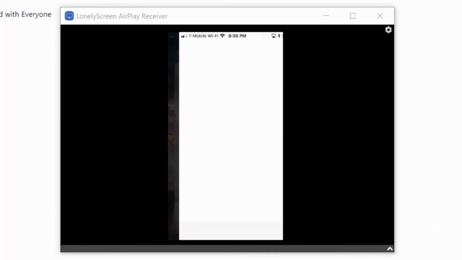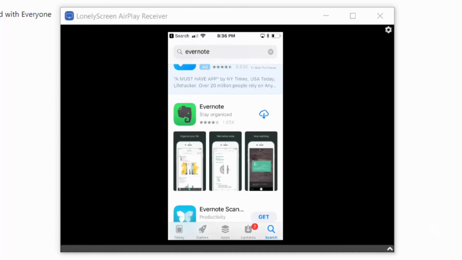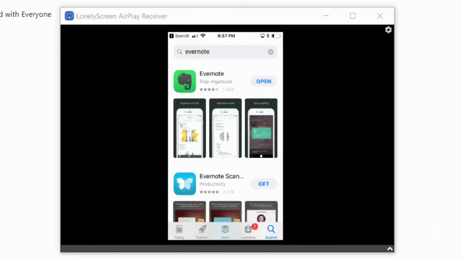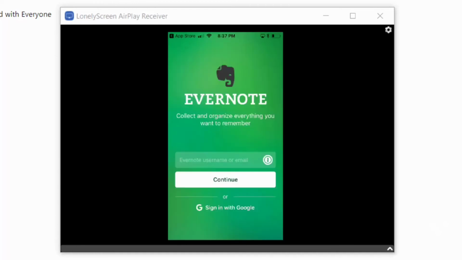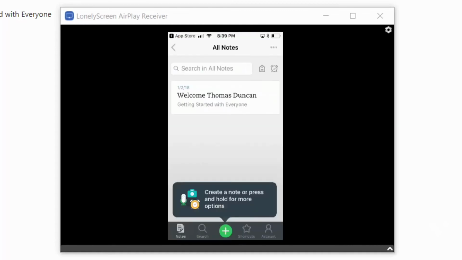So we'll look for it in our app store, and in this particular case, what we will do is download the app. Once we have it downloaded, we will then open the app. Then we will use our login username and password. Once we have it entered, we will then click continue. And you should see that the note that we created in the initial setup is now inside of our mobile